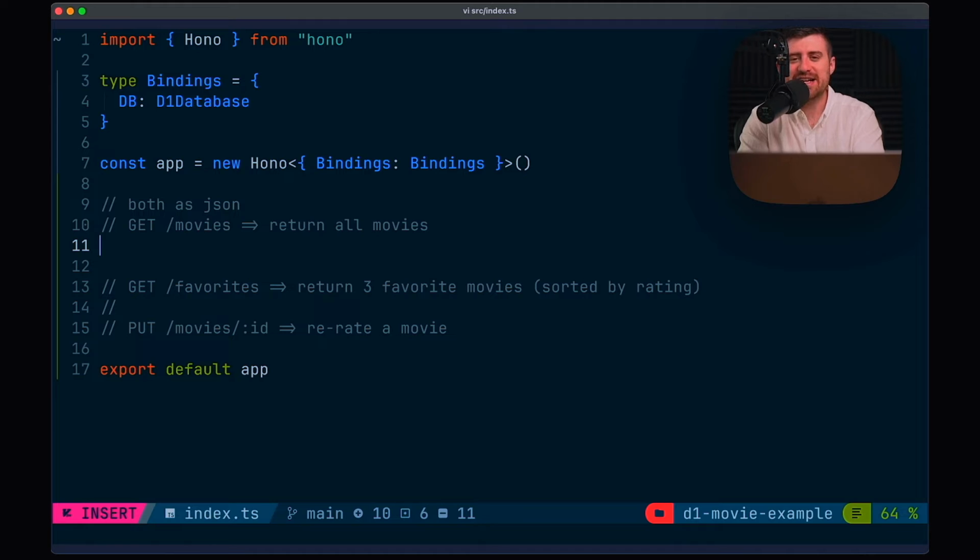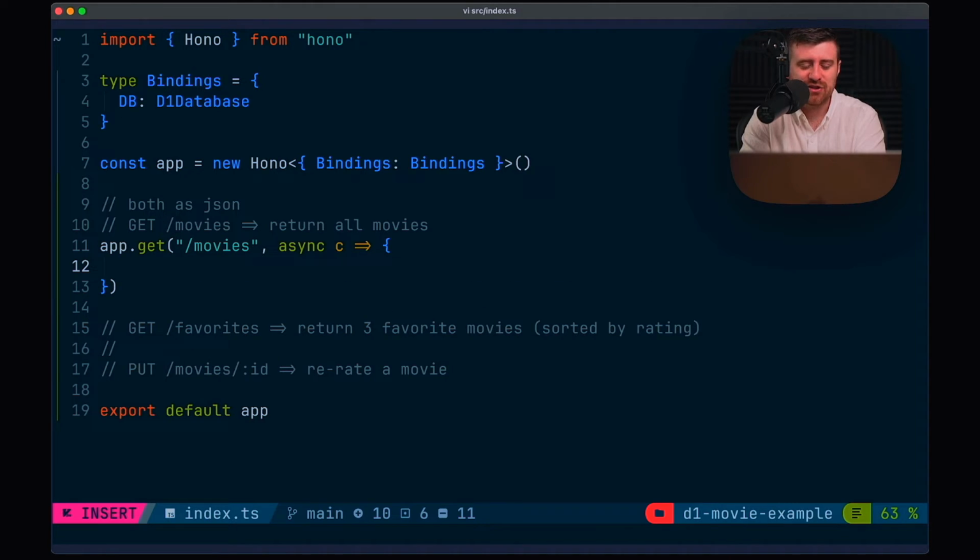So let's start with get/movies. It's probably the most basic, and it'll give you a good look at how to use the D1 database inside of your functions. So first I'm going to say app.get, and I'm going to say /movies here, which is the path that requests will come in and I'll respond to here in this function. I'll just give it an async callback function and grab that C context variable. And so first what I'm going to do is I'm going to make that D1 request. So there's a ton of D1 documentation. I'll put a link to that in the description. But the basics here you need to know is that you have this